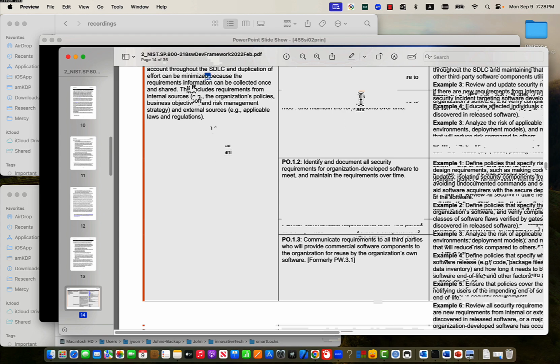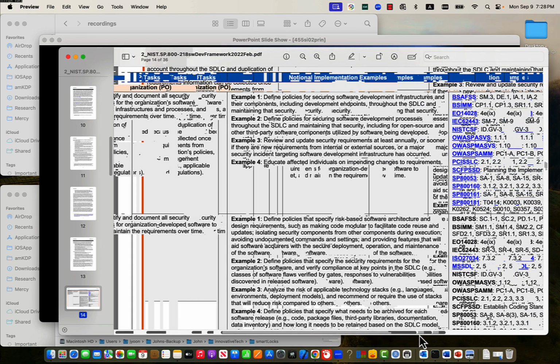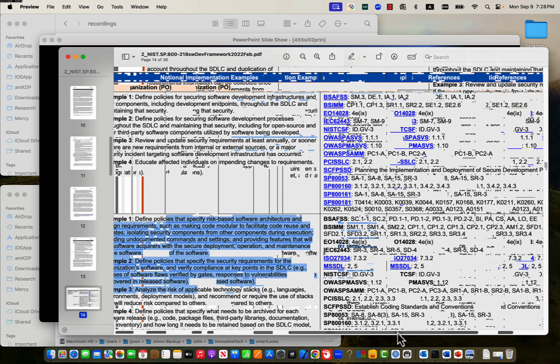So the first column is for the practice, and the next column is for the list of tasks, and then examples. For this, what kind of examples can you think of? Okay, some of the examples. And then the fourth column gives you the reference. If you want to see more references, for example, OWASP, if you click this, it goes to that